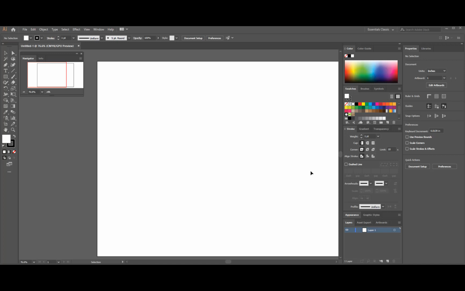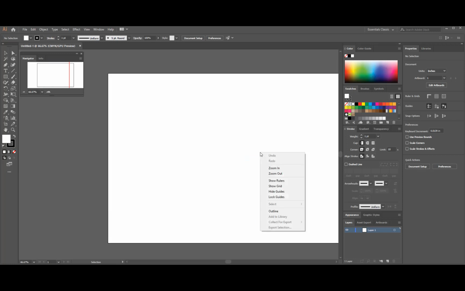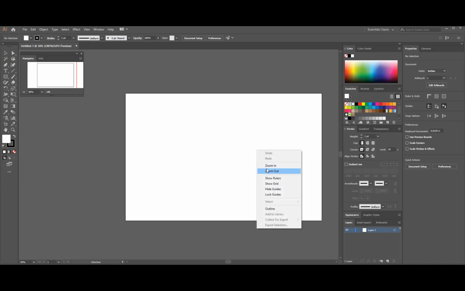So let's cover a little bit about the navigation of this thing. To zoom, you might use the right mouse button, and zoom in and out will appear. Right here it says zoom in or zoom out if you select the right mouse button. Zoom out with the left mouse button click, and it will zoom out. If you want to zoom in,